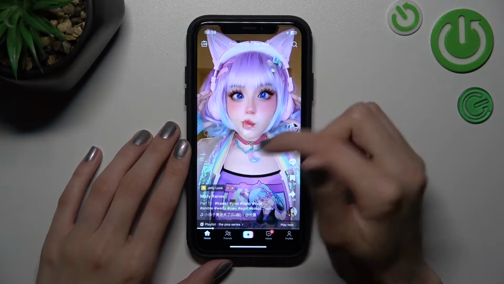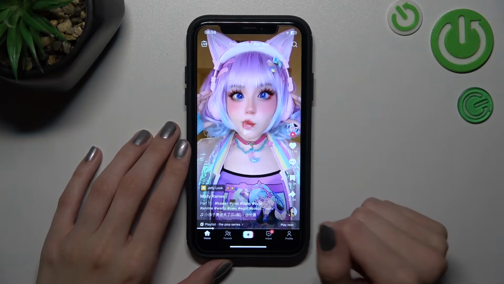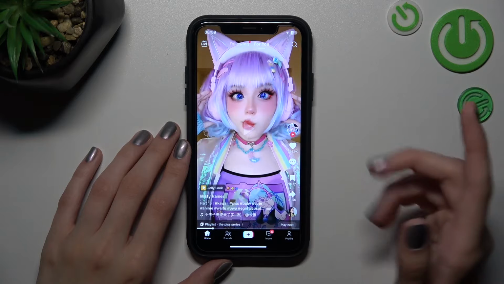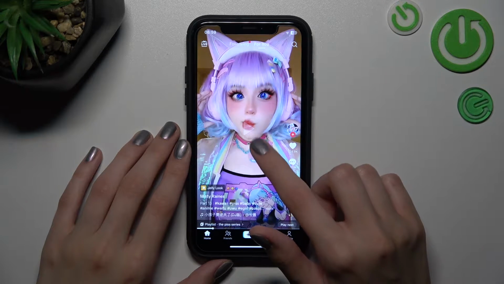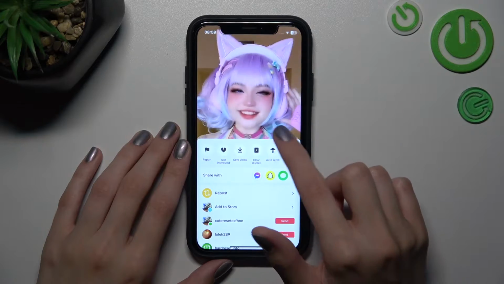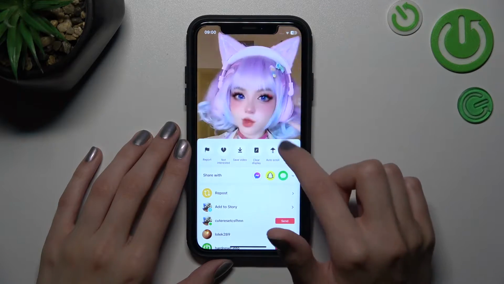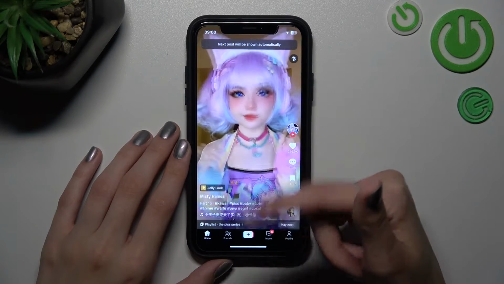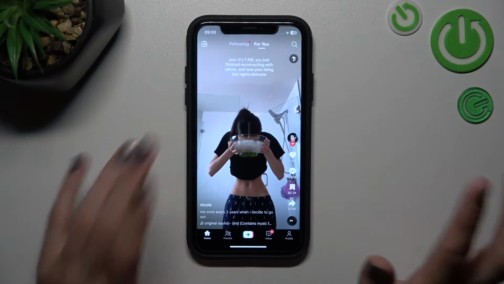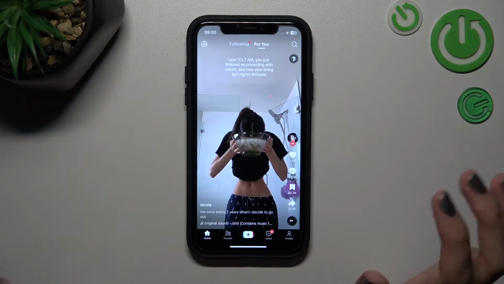Right now guys, we are on the For You page, the normal, and to activate this auto scroll mode, you just need to hold on the video on the For You page and click on the auto scroll button on the menu. So guys, right now our videos will be scrolling automatically without any touches,